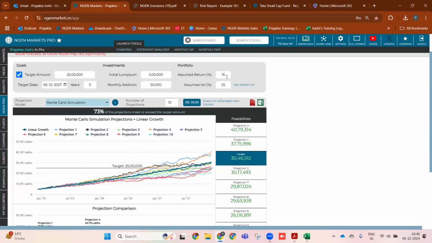And sometimes you'll reach around about that. You can see all the lines are upward sloping, right? So you can see that there is an inbuilt trend in there, and that trend is defined by that 15%. Just to give an example, if you keep the 15 and change the assumed vol to 5, you'll see much smoother lines,